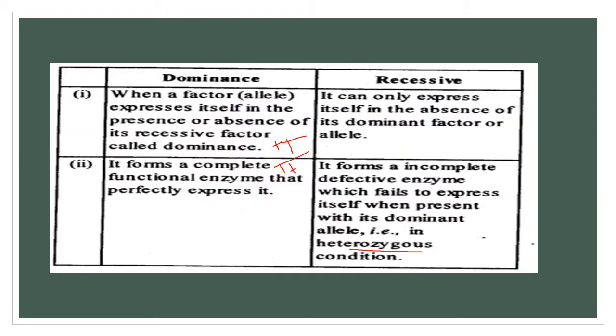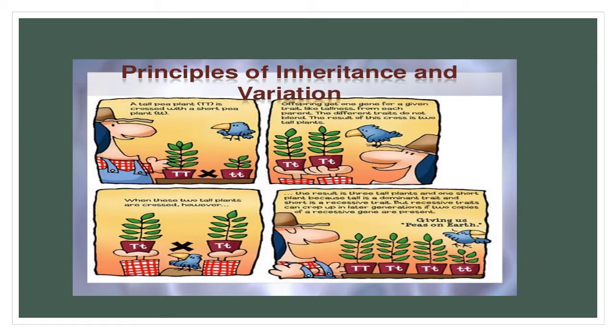This is the difference between dominant and recessive. Dominance is when a character allele expresses itself in the presence or absence of the other allele, meaning dominant character. Principle of inheritance and variation is expressed by a cartoon showing how the dominant and the recessive character,